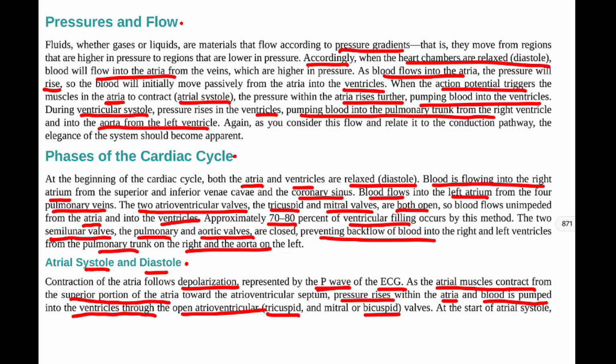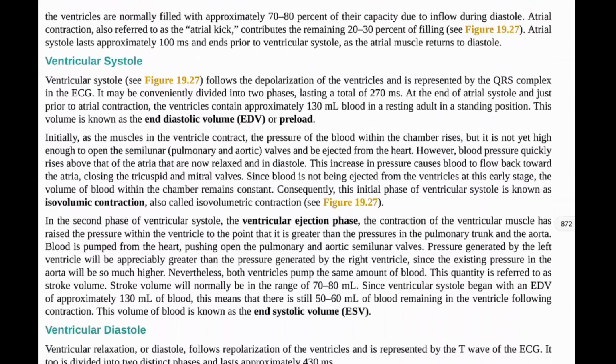At the start of atrial systole, the ventricles are normally filled with about 70 to 80% of their capacity. All right, so we said that just that draining of blood going right through those valves, since they're open, will always already get 70 to 80% of it. Then this atrial contraction, also called the atrial kick, contributes just the remaining 20 to 30% of the blood. So 70-80% drips into the ventricles, and then the last 20-30% is squeezed into there from the contraction of the